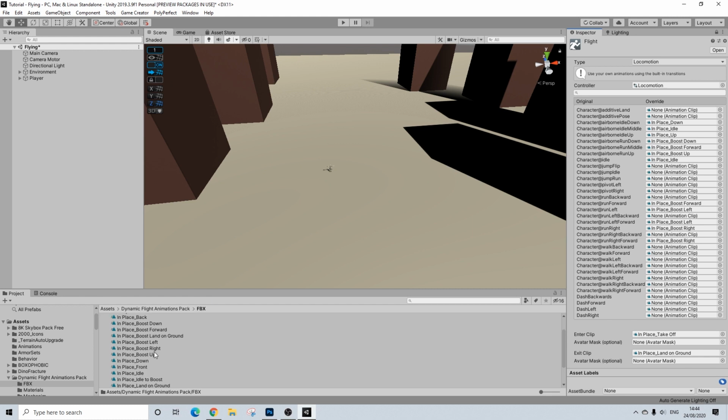Forward as well. Now we don't need backwards in this case, but we do need that for our idle states and our walking. So in place right is going to be walk right and walk right forward. There we go. And we have a back here as well, I think. Let's just do the left first. So in place left, walk left,